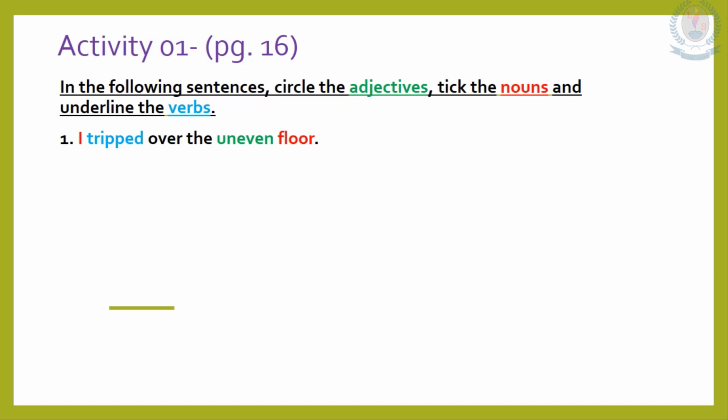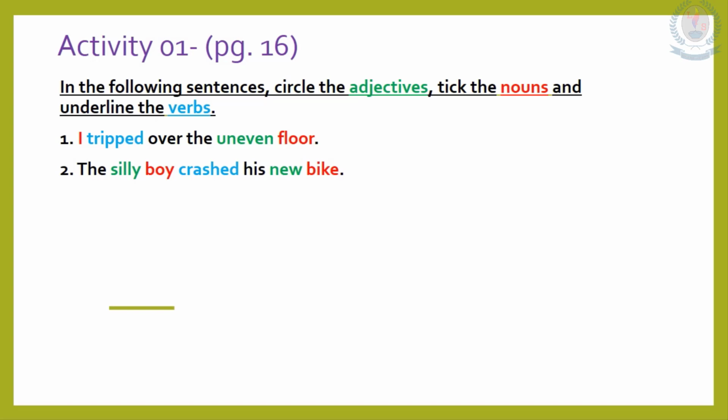Second one. The silly boy crashed his new bike. So how many nouns are there once again? There are 2 nouns, the boy and the bike. Boy, bike are nouns. What is the adjective? 2 adjectives once again. Silly and new. And the action was crashed. Now I'm sure you all know how to do this. This is the basics of English that we've studied in our younger years as well.